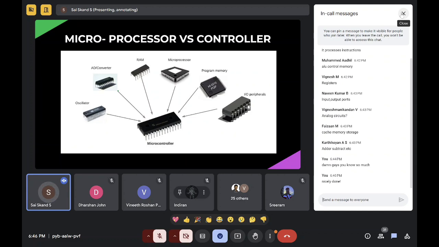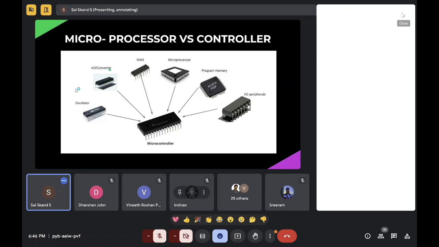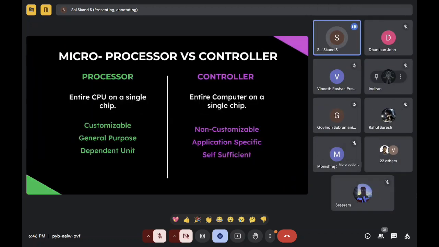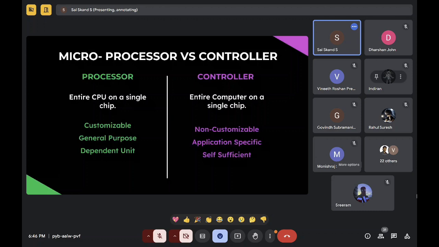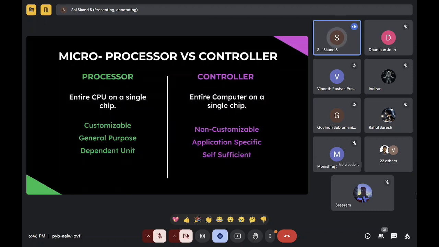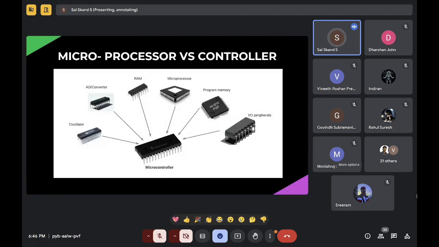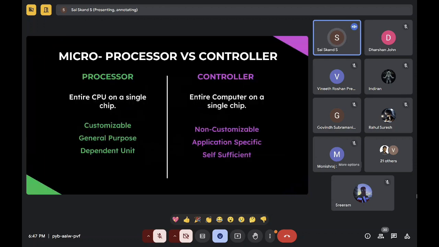So we need other parts, right? So that will be combined into a single chip. I'll just show you the next slide. So that's the difference between a processor and a controller. A processor is one chip; you have studied many ICs now, so the CPU sits in a single chip, that's a processor. For a controller, looking at the picture I think it will be clear for you. All the components mentioned here, all the individual ICs, will be custom built into a single IC, into a single chip. That's basically the controller versus a processor.